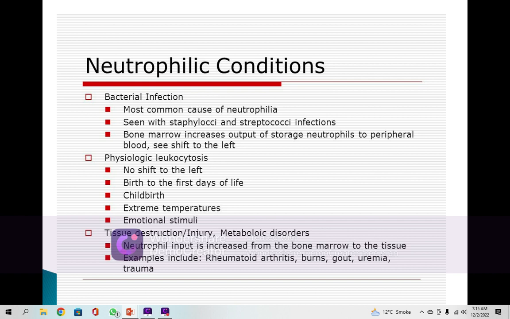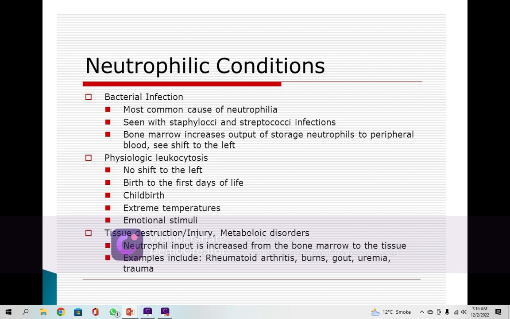Their activity is not very quick. Their function is not very much higher. This is the concept of the left shift to the right shift, or right shift to the left shift. Now, tissue destruction and injury, and metabolic disorders, which are very large in number, can cause neutrophilia